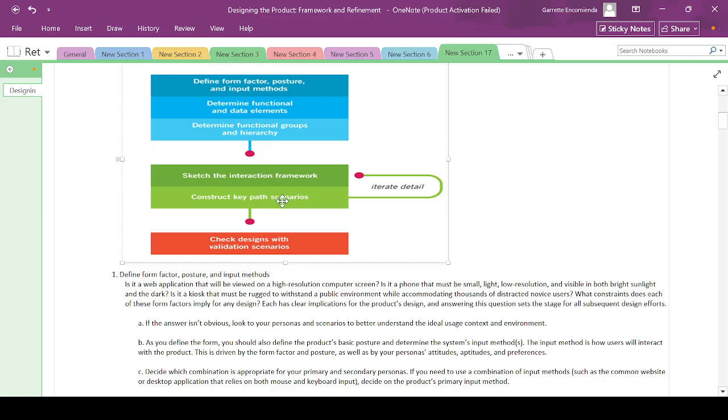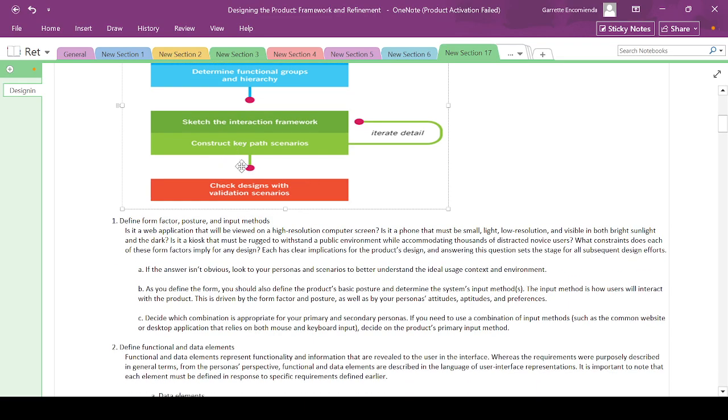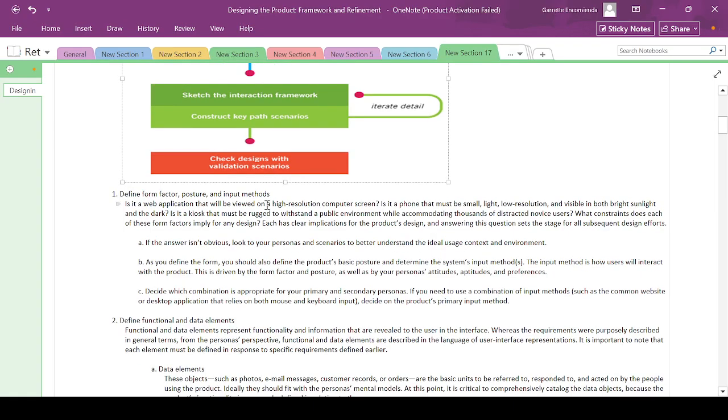And then sketch the interaction framework, construct key path scenarios. So key path, we will discuss that. Check designs with validation scenarios. So here we will test it. But I think this is the last, and we will skip